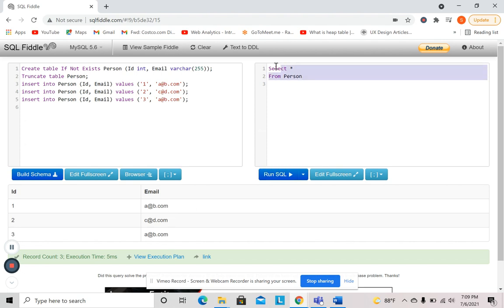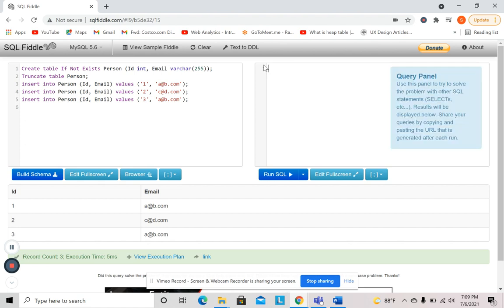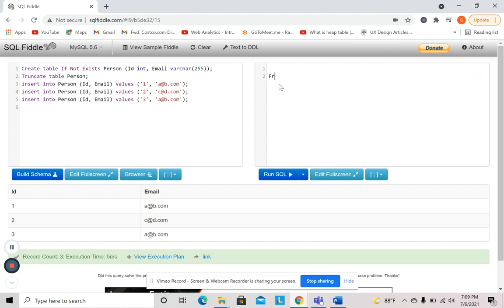So now I will quickly show you three methods in which you can solve the same problem. So let's start with solution number one, in which you select from the Person table, and since you are looking at the duplicate emails, you would like to group by the email column, and then that will create groups of different emails. I can show you how my output would look.